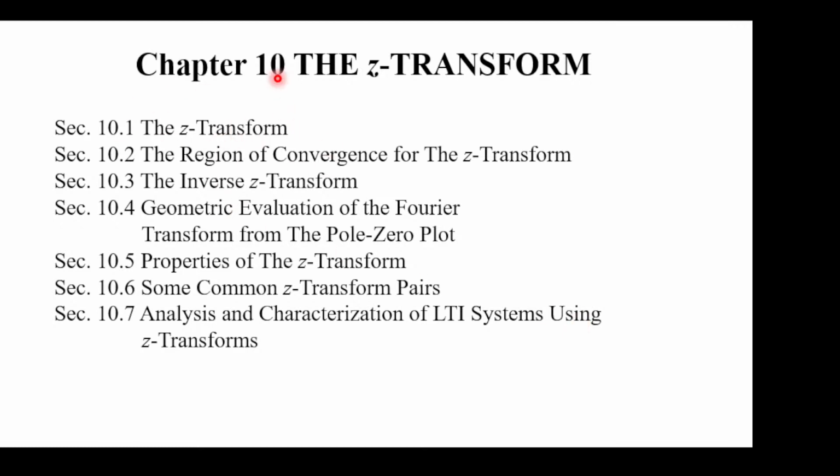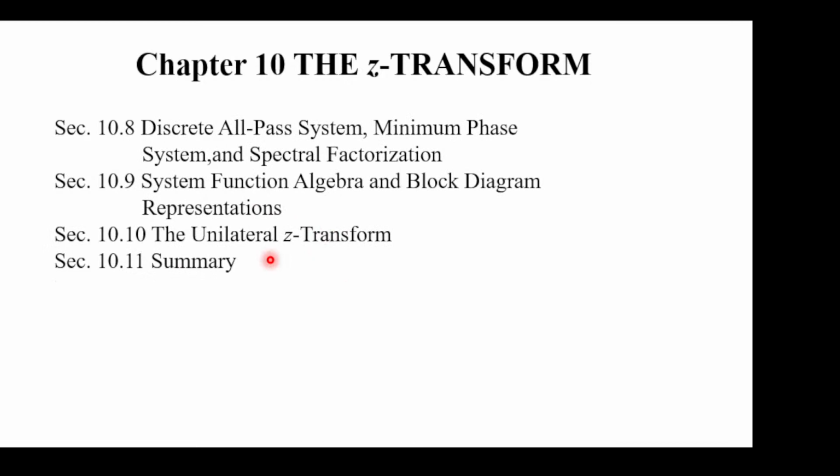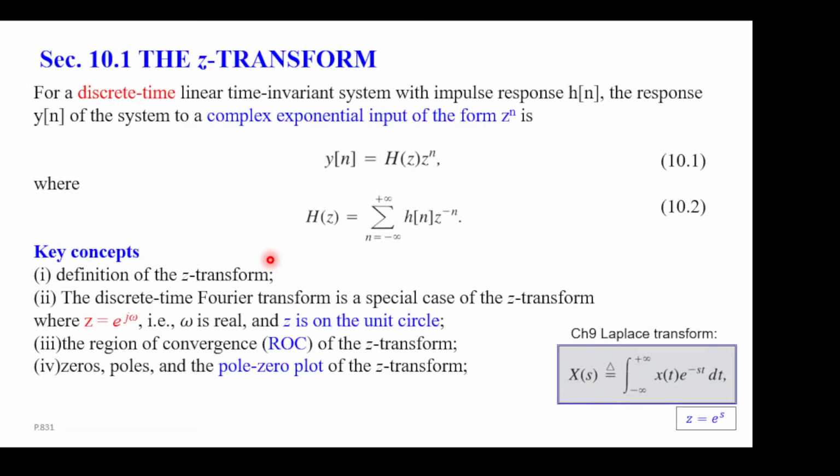As you see, we are going to introduce the Z transform, and there is going to be an ROC, and we are going to say what the inverse transform is, and there is going to be pole-zero plot analysis, etc., properties, and the unilateral transform. Okay, so let's start with the Z transform. As we said, we follow the continuous time case exactly. So we start with our motivation, saying that we know that for our discrete LTI system, it has an